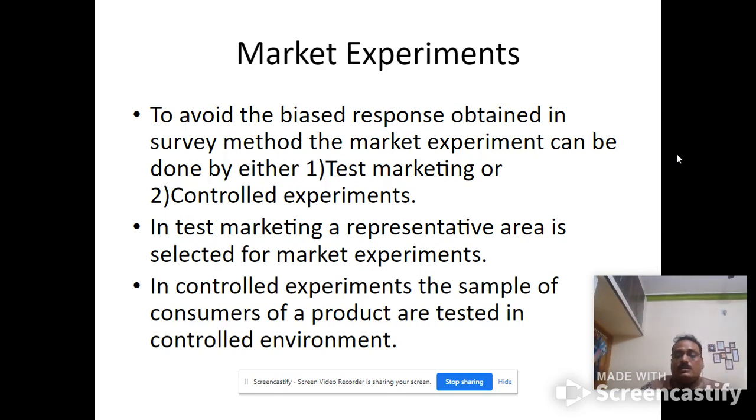Next time we'll be talking about the demand forecasting method, which will be involving various statistical techniques, and we'll be basically limiting our discussion to